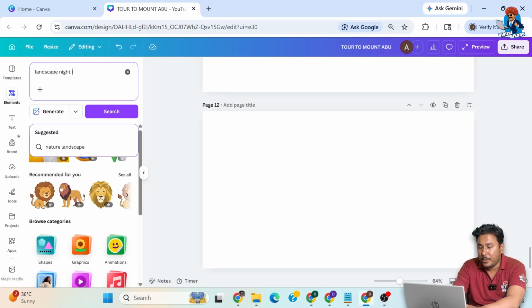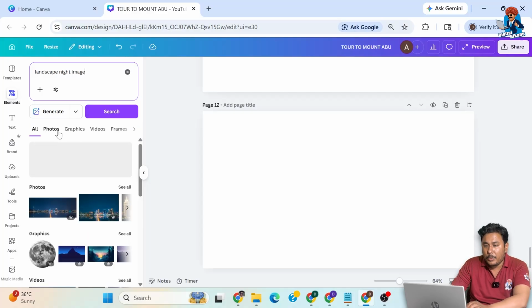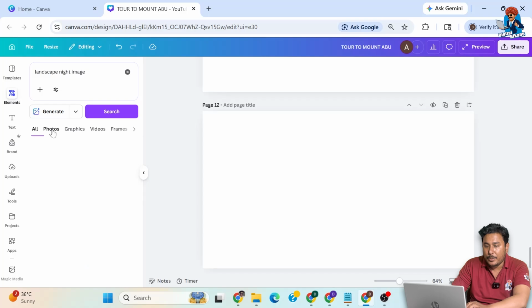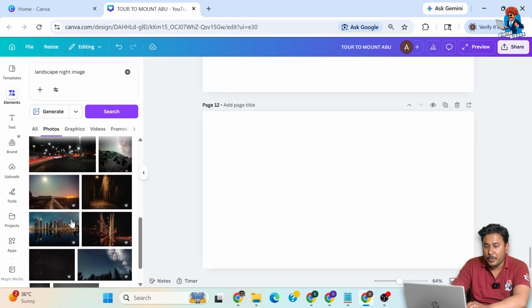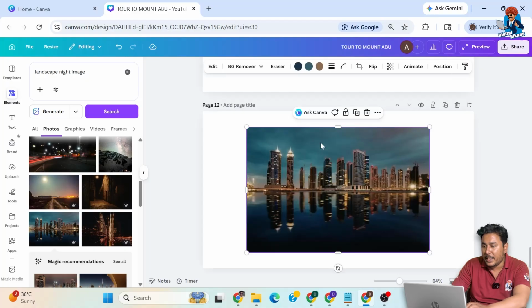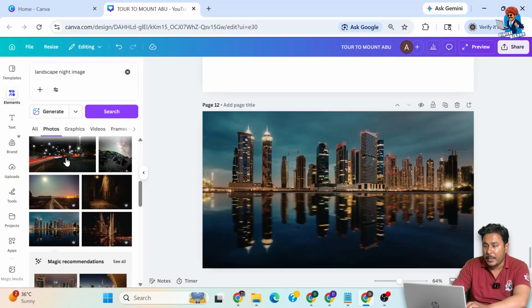night image. You can also upload your image. So we are in images. Let's go to the photos, and whatever photo you like the most, you can simply select that particular photo. For example, I have selected this one. Now what I'm going to do is click on the triple dot and then set image as background,